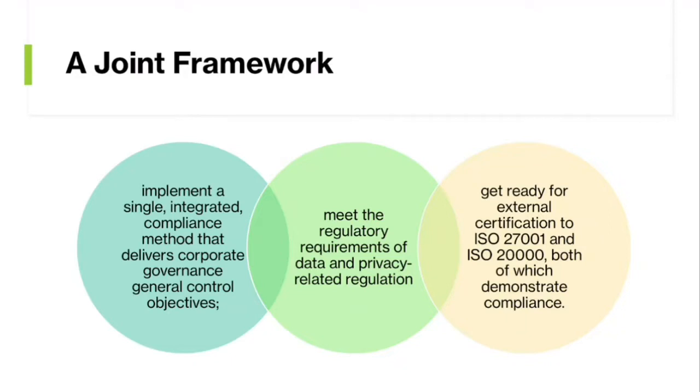So the joint framework is composed of three interrelated items. That is to implement a single integrated compliance method that delivers corporate governance general control objectives, meet the regulatory requirements of data and privacy related regulation,